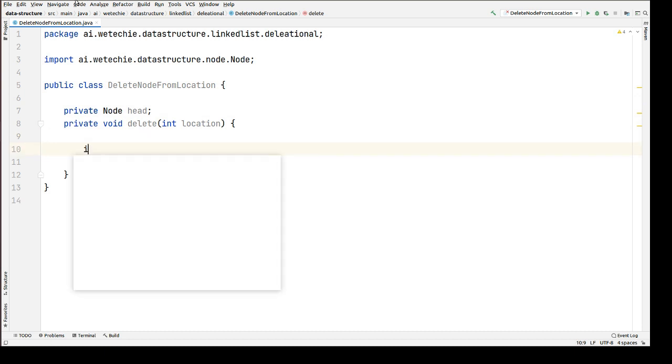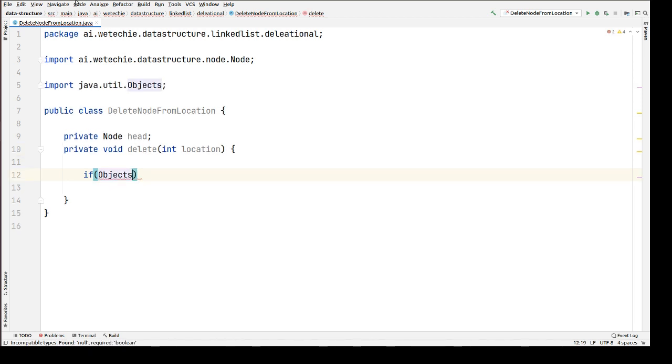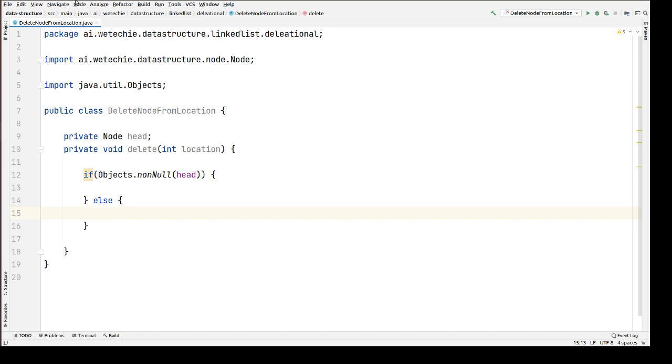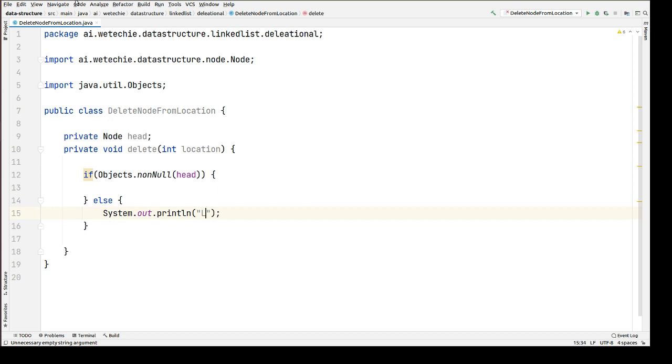Inside this we're gonna check whether head is null or not. If head is null, there are no nodes available. In that case we're gonna print the message linked list is empty. And if there are nodes available, and head is pointing to the first node of the singly linked list,